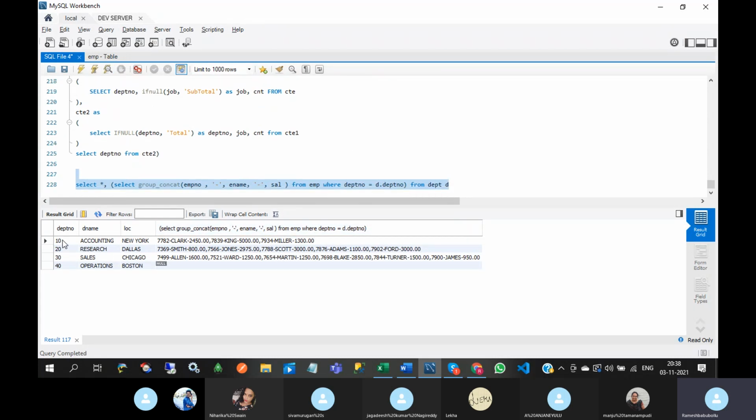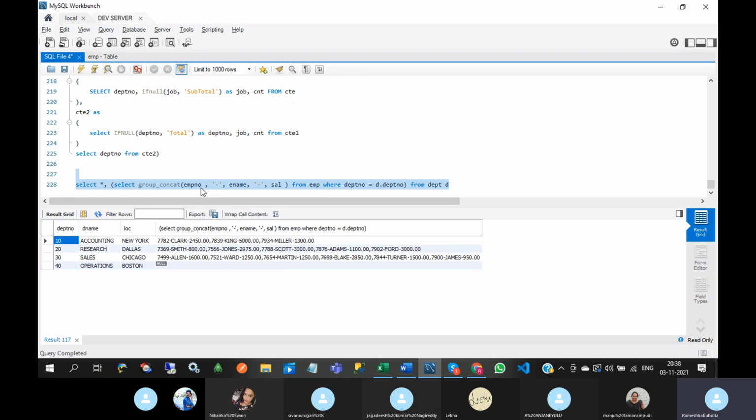So here two tables are there, employee and department. Which one is the parent table? Department is the parent table, and the child table is employee. So we can store the whole data in one table, but we are not storing total data in one table.